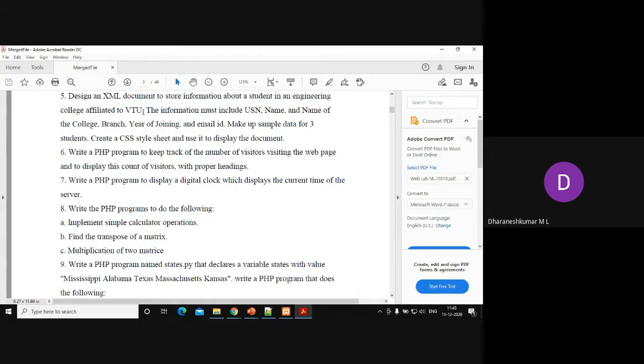affiliated to VTU. So you should design an XML document which contains information about students in an engineering college. The information must include USN, name, name of the college, branch, year of joining, and email ID. Like this, you have to create the students' information for a sample of 3. Means make up sample data for 3 students, then create a CSS style sheet and use it to display the